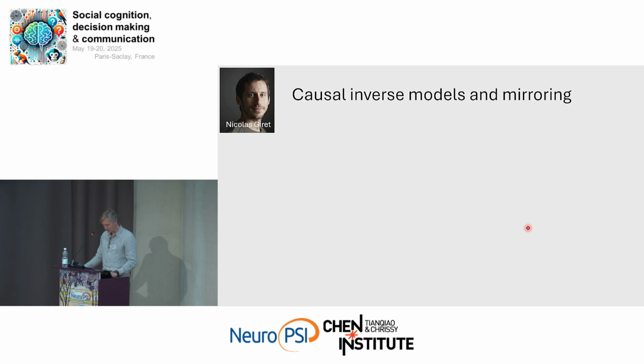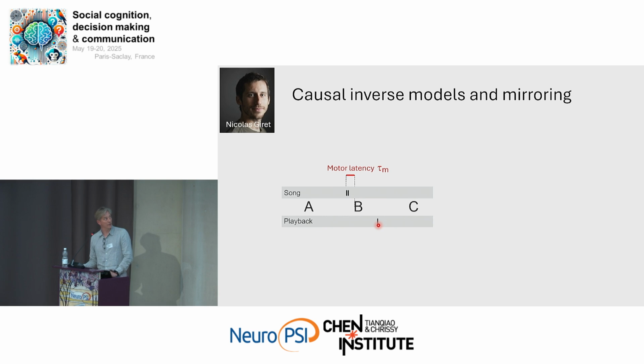And so this idea was tested by Nicola many years ago. He said, well, the consequence would be that if I have a bird that sings ABC, and I look at the neuron that generates the syllable B, then the neuron would have to fire before that syllable. And if the neuron responds to the sound of B, it would fire after that syllable. So you could look at the motor latency, tau M, and the auditory latency, tau A. And if you add those two up, this would correspond to the loop delay, right? The time that it takes for the signal to go to the environment and back as sound.